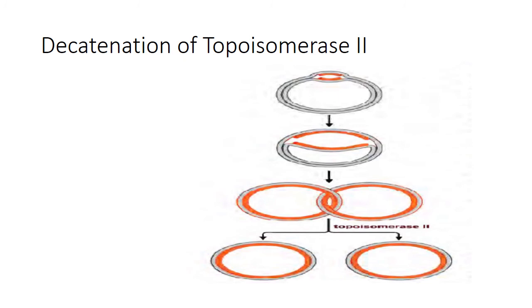Now in case of prokaryotes, you all know that the DNA is circular, and this is the replication fork which is initiated. Ultimately, both the circular DNA strands will have their own templates synthesized, but then the problem at the end comes that they are intercalated. So a topoisomerase 2 enzyme is also required in such cases, which causes decatenation. The interlocking of the loops is released by topoisomerase 2, which is called decatenation.